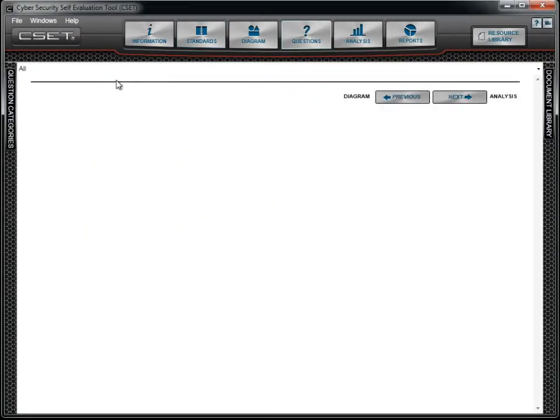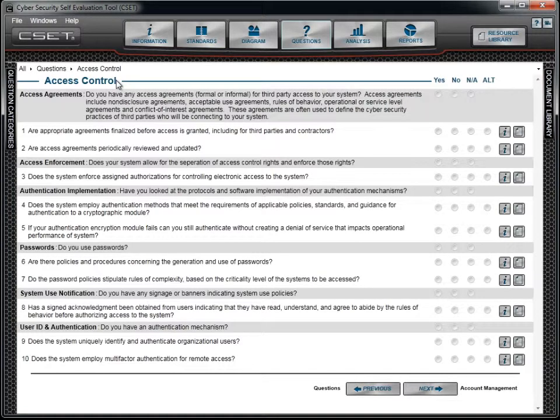All you need to do is click on the Quick Start button and the tool will set the default parameters and move you immediately into the question screen, where you can immediately start answering questions. If the Quick Start method is selected, the system uses the questions-based mode, the key questions, and a low security